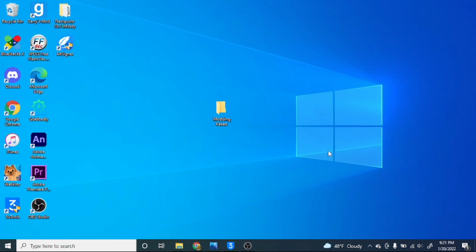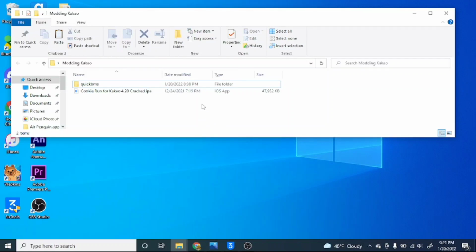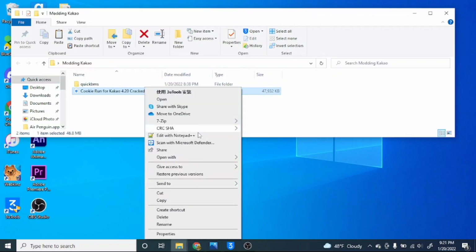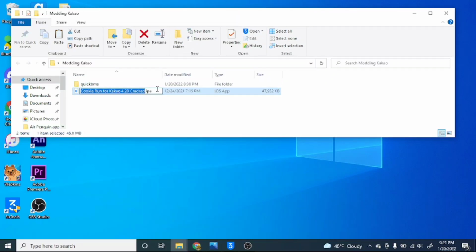And here we are at the desktop. This is actually redubbed audio, as while I did record original audio for this, it unfortunately was really bad, because it was the first time I ever used my laptop's microphone, and it turned out it was not good at all. Anyways, we have two things, which is a cracked version of Cookie Run for Kakao 2.0,